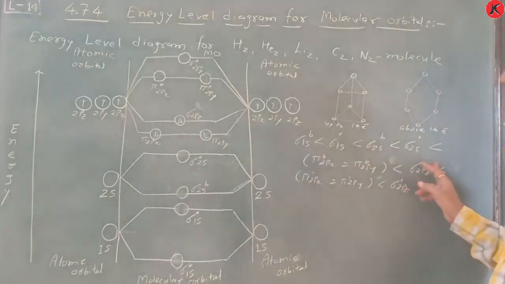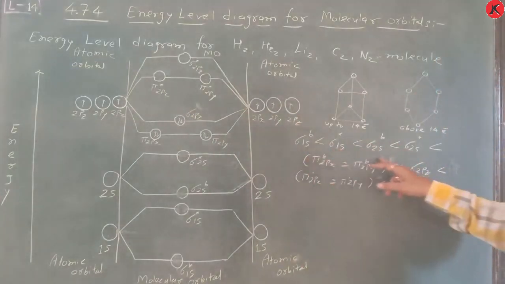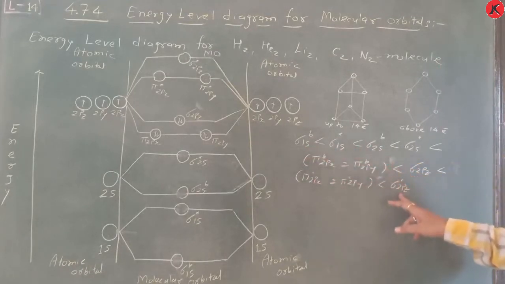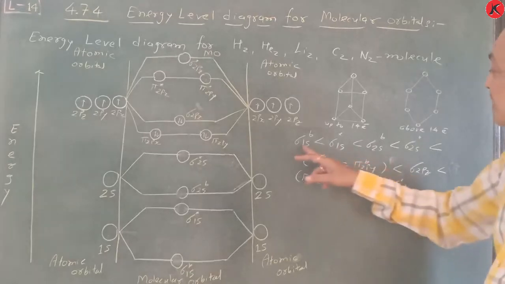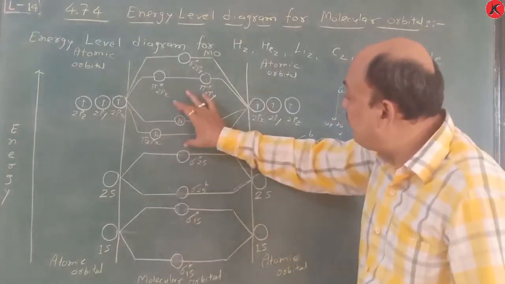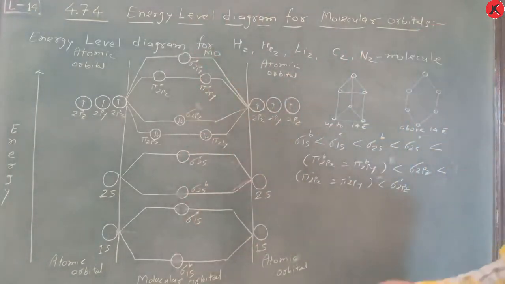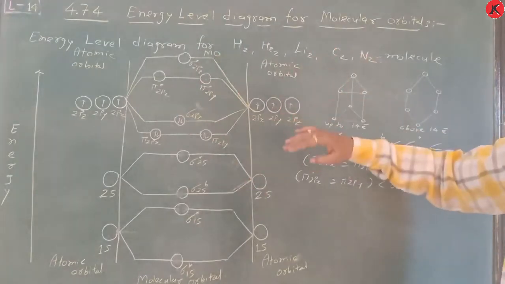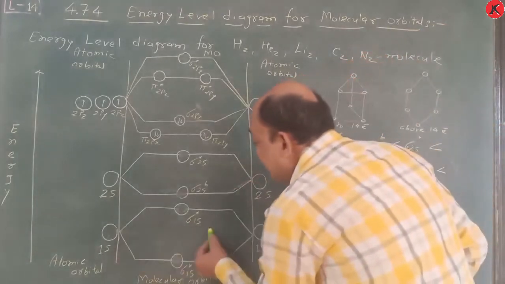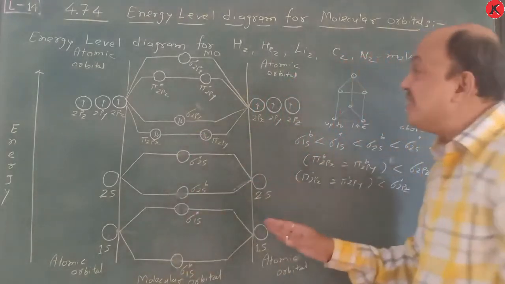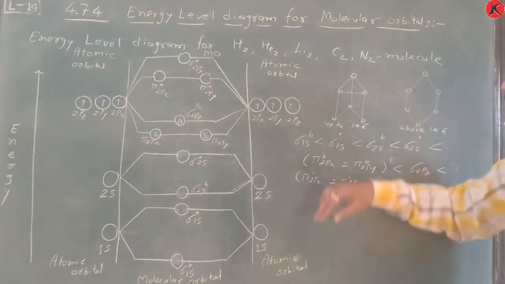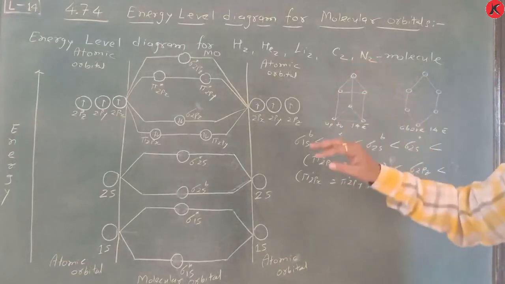And this is the energy which is in decreasing order. Okay, so just you see, this is sigma 1s bonding, sigma star 1s, sigma 2s, sigma star 2pz having more energy, sigma 1s bonding having lower energy. So this is BMO, ABMO, BMO, ABMO, BMO, ABMO. That way we divide it in two parts, above and below side, and this distance remains the same. Okay, this distance remains the same.